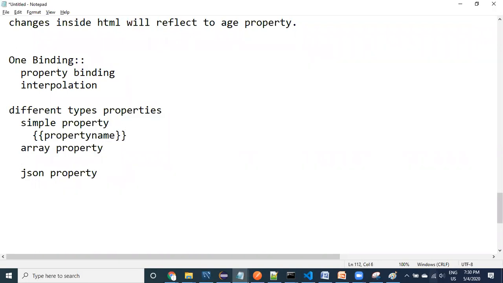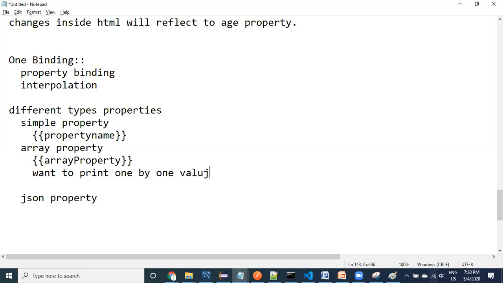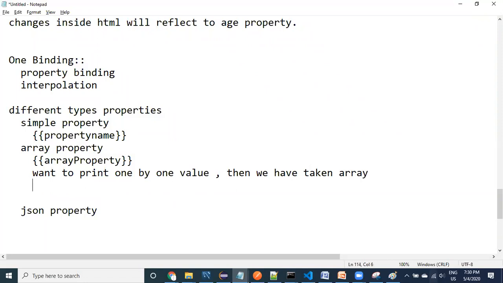For an array property we can use two ways. If I want to print the values one by one, we have taken the array. The array syntax is something like this, maybe a paragraph.